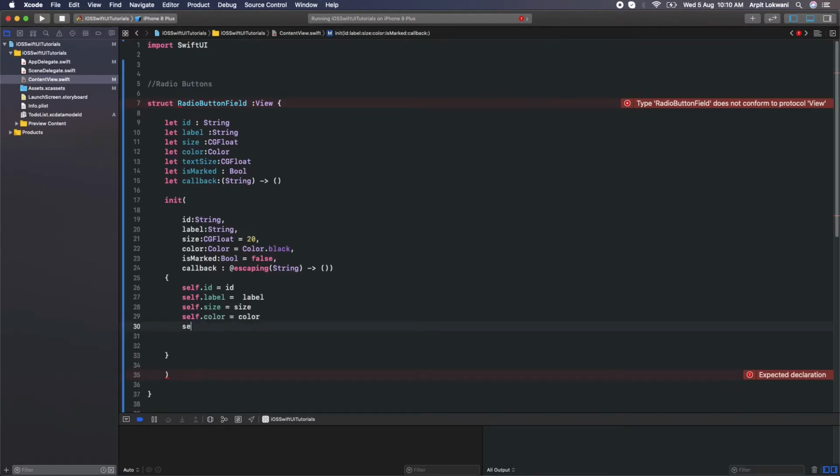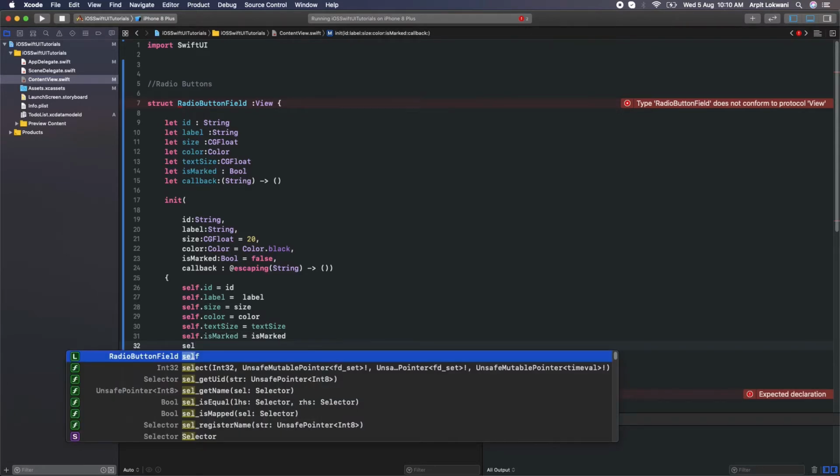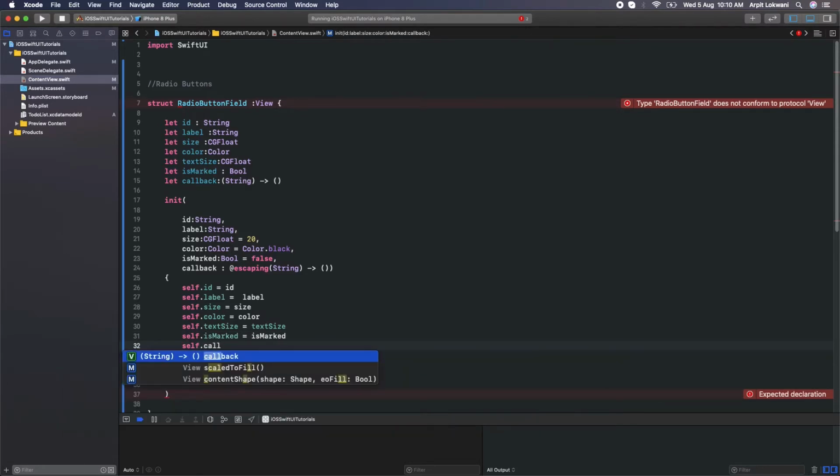What else, self.textSize is equal to textSize, and self.isMarked is equal to isMarked. And self.callback is equal to callback, that is last but not the least.